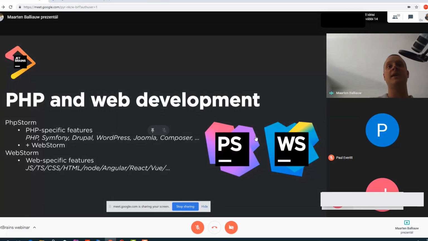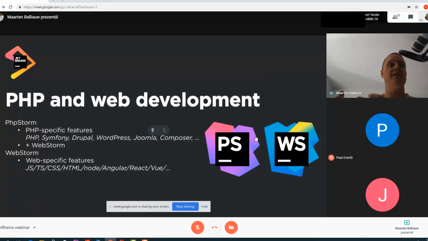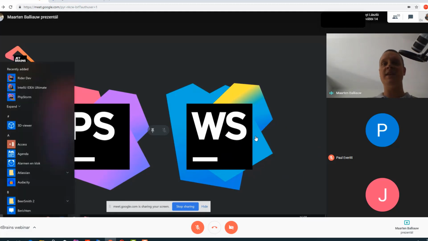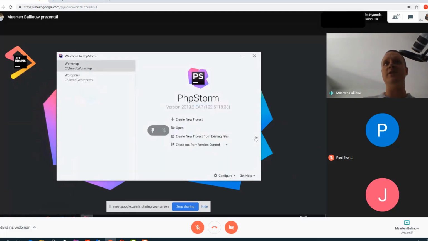So all the things that Paul will be showing in terms of JavaScript and TypeScript and CSS and React and so on are also available in PhpStorm. So PhpStorm is basically the combination of PHP as well as the stuff that is in WebStorm. Right, with that, let's call it demo time because slides are only one thing and they're not super interesting.